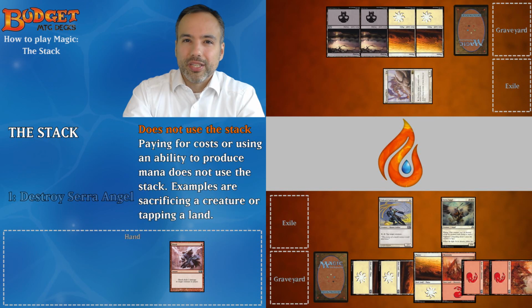Now what's important to remember is that while spells and abilities do use the stack, paying for such spells and abilities does not use the stack. So basically, the mana that we paid to cast our Serra Angel did not use the stack, nor does tapping the Intrepid Hero to pay for its ability to destroy the angel. In other words, they can tap their Intrepid Hero and there's nothing we can do to stop the ability from